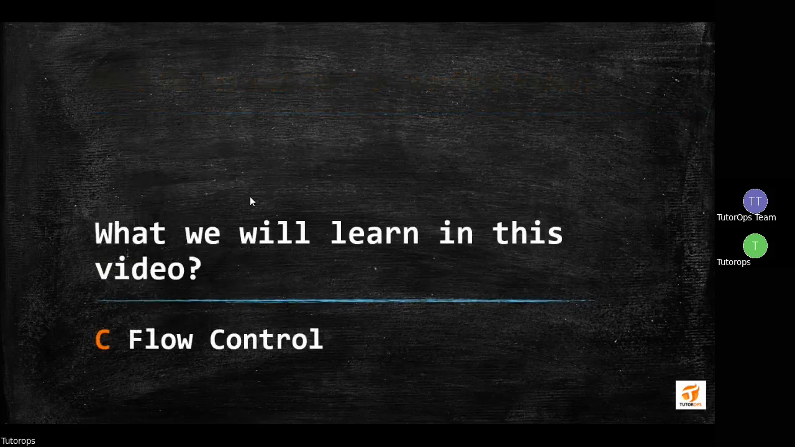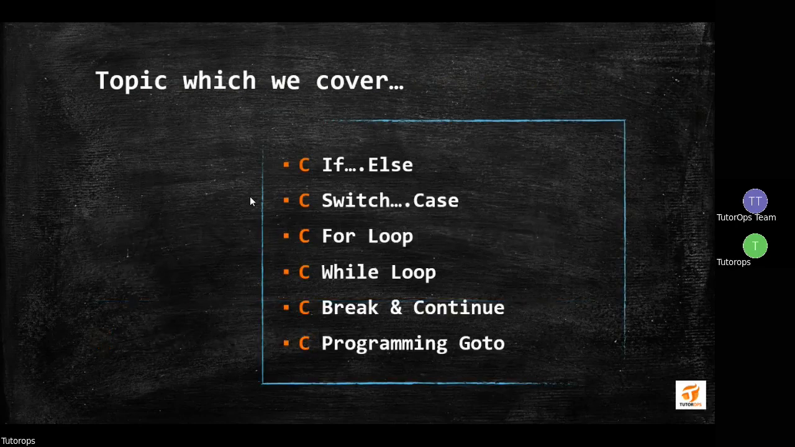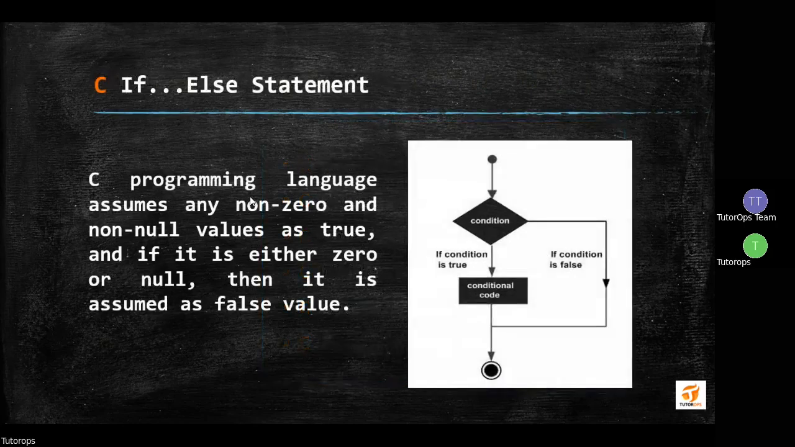What we are going to learn in this video is C flow control, or decision making statements. Which are the topics we will cover in this video? C if else, switch case, for loop, while loop, break continue, and goto. So let's start. Decision making structures require that the programmer specifies one or more conditions to be evaluated or tested